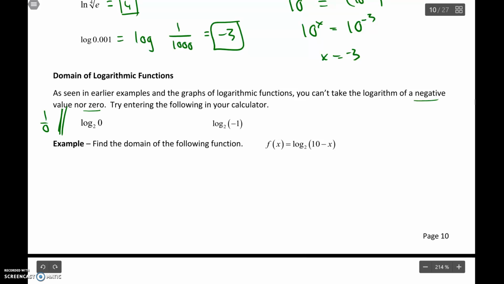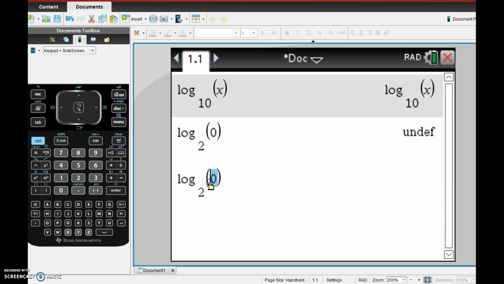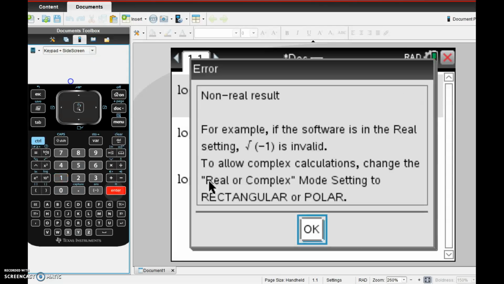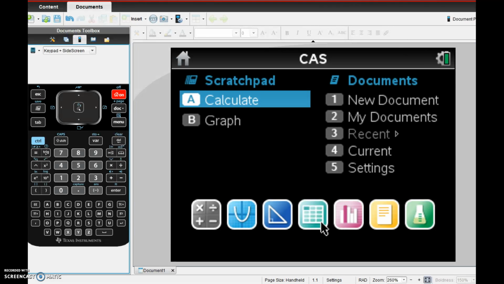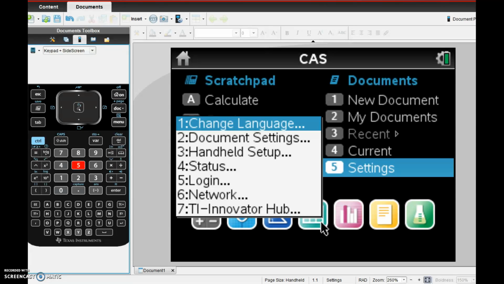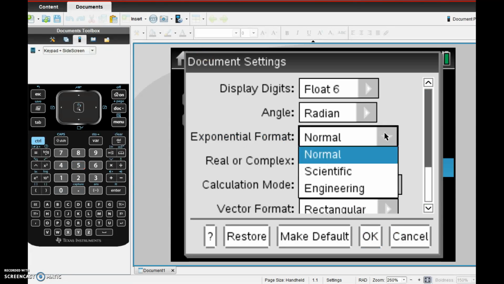What happens if you take the log base 2 of negative 1? What is the log base 2 of negative 1? Now it says non-real result. So this kind of implies, well, if you read it, it would say that if you take the log of a negative, it actually is an imaginary number, which is kind of interesting. I personally don't know a whole lot about it. I've never really studied it,